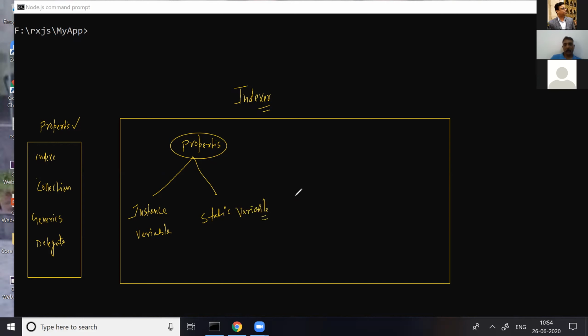So properties allow access to the instance variable, known as member variable, and next, the static variable. So what exactly is an indexer?